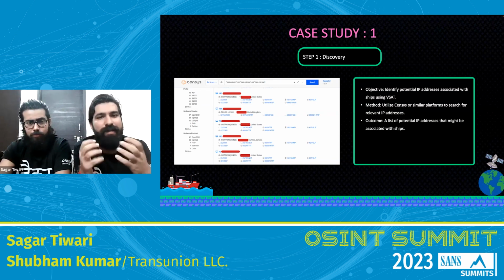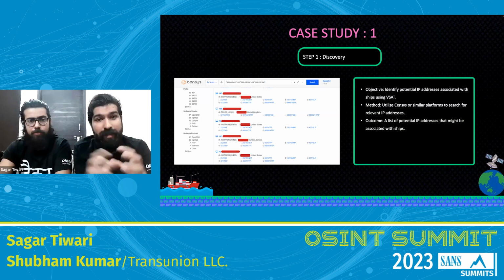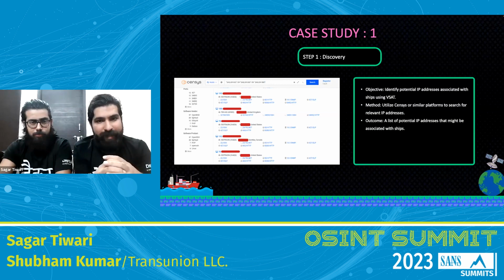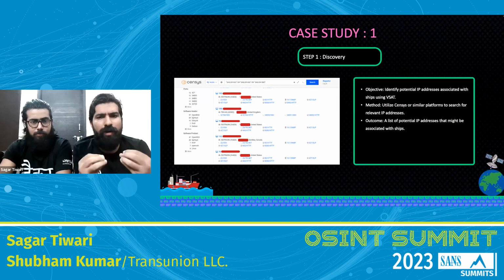Because as Sagar explained, VSAT basically means very small aperture terminals. They are not just some technology term. They are very powerful and they are reliable too. They have a high bandwidth capability with bandwidth management too that can be utilized on different ships, and they provide much more reliable communication in the case of remote areas.